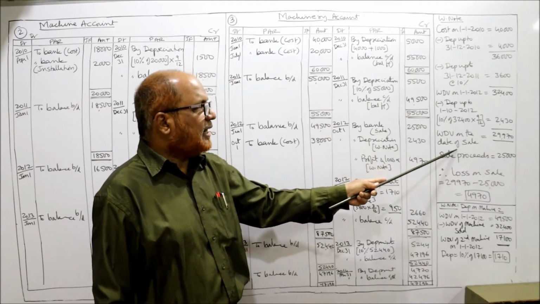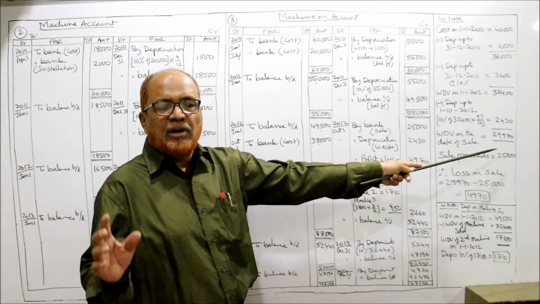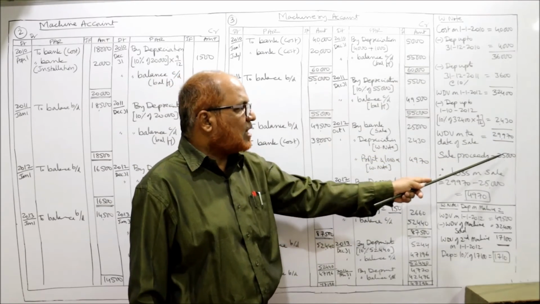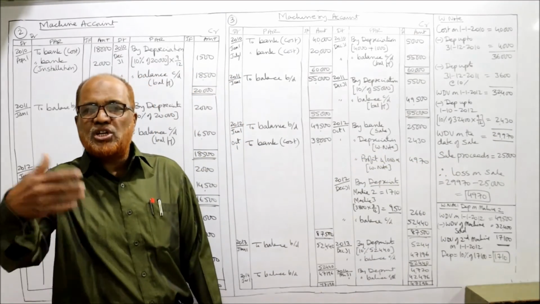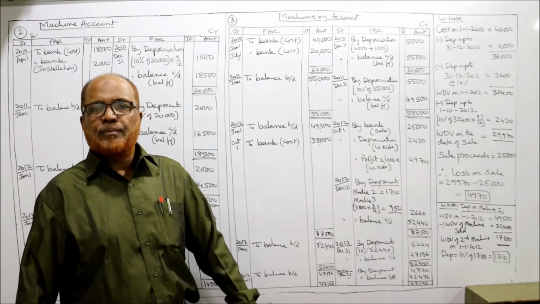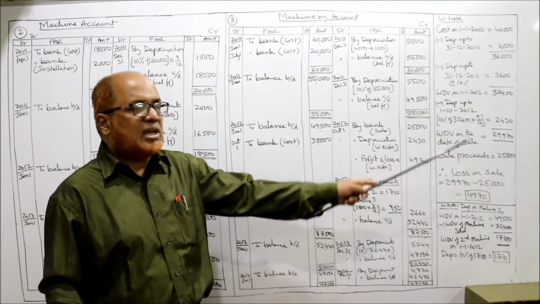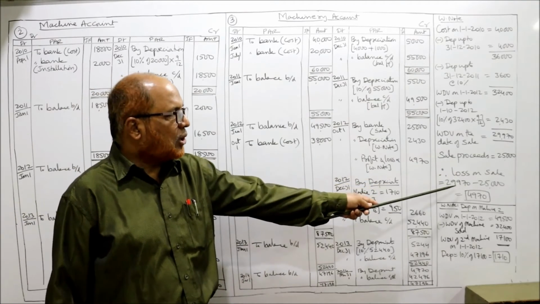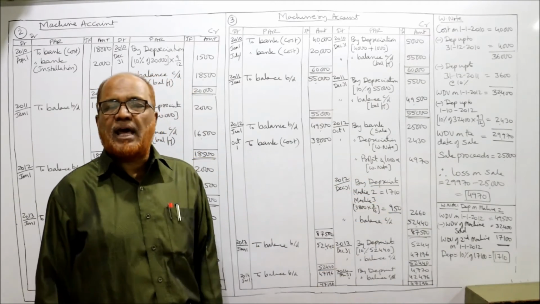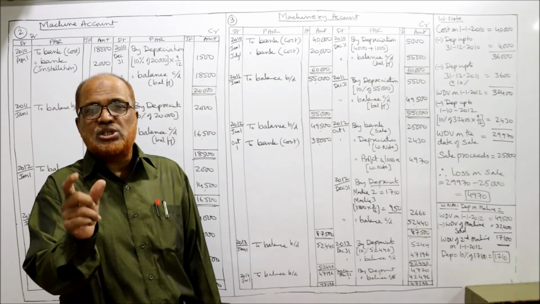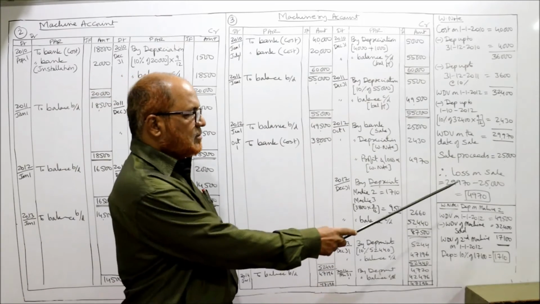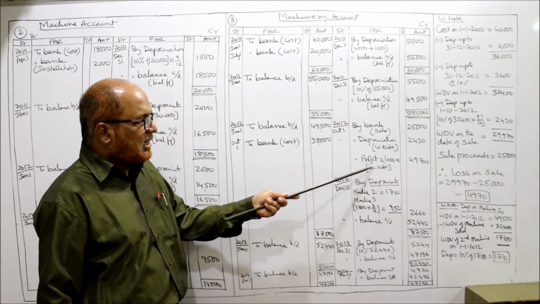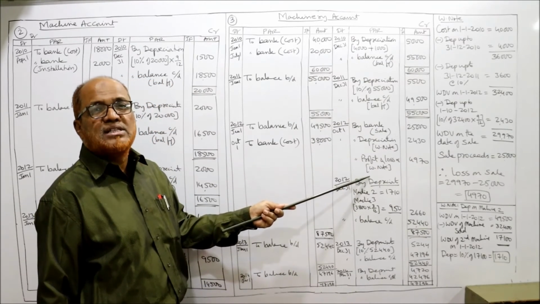Now WDV on the date of sale is 29,970 and the sale proceeds are 25,000. The machine is sold for 25,000. So 29,970 is the value of the machine and it is sold for 25,000. The loss on sale of machine is 4,970. Now take 4,970 loss. So these are the 3 entries we have to pass on the date of sale, 1st